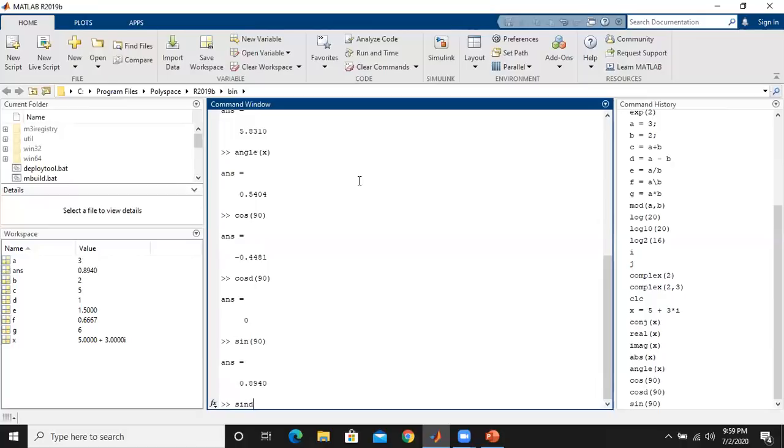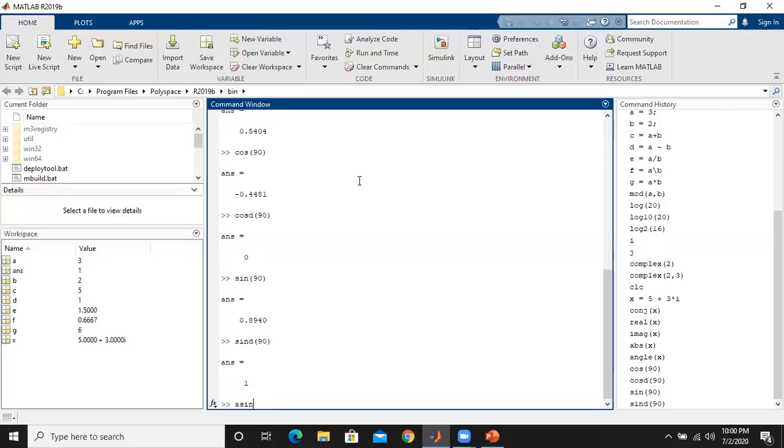Now we have to see this in degrees. So sind, then 90, and we'll get the answer as 1 there. There are certain cases where we have to deal with the inverse trigonometric functions. The inverse trigonometric functions can be given as anti-sine, that is, A stands for anti. So asin of,